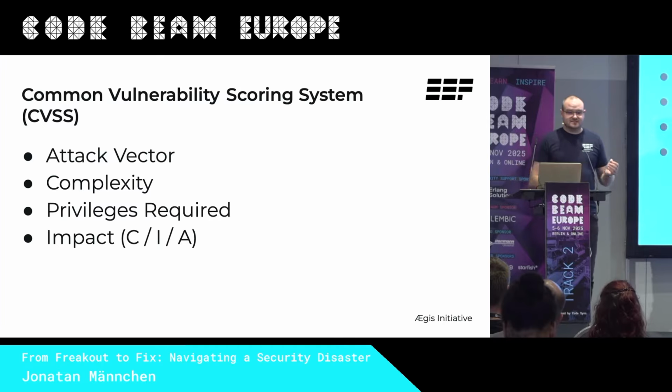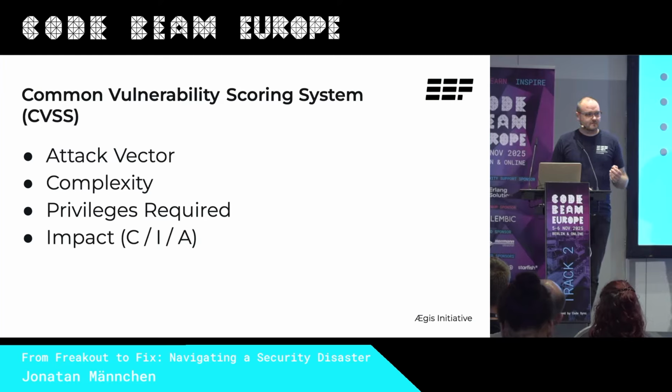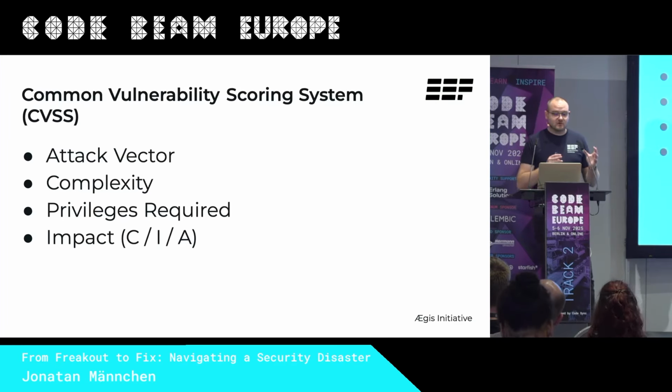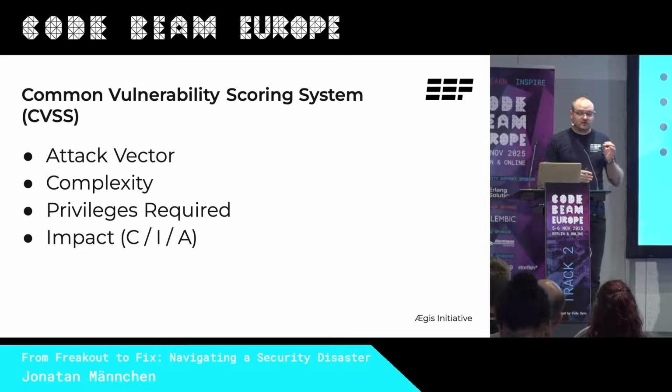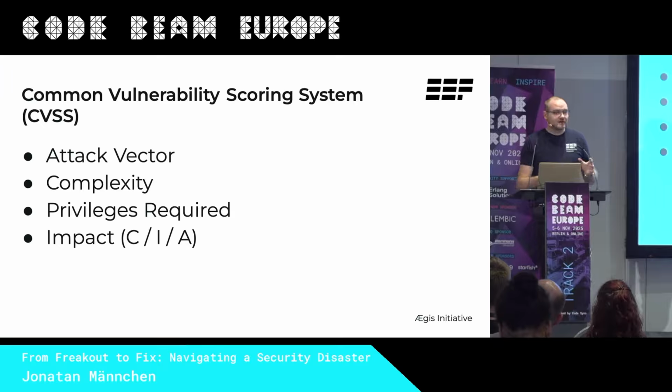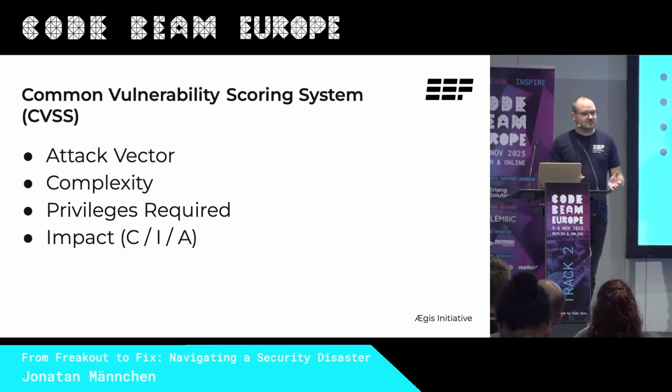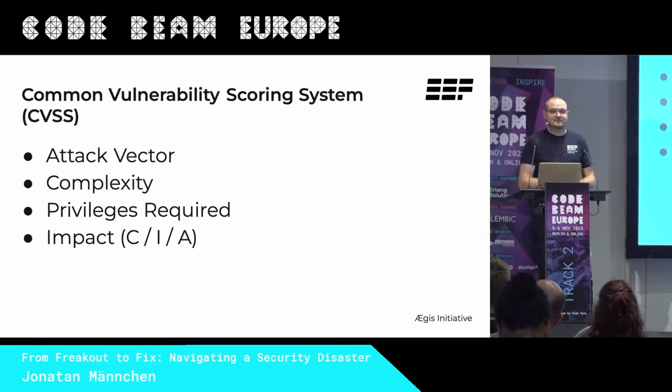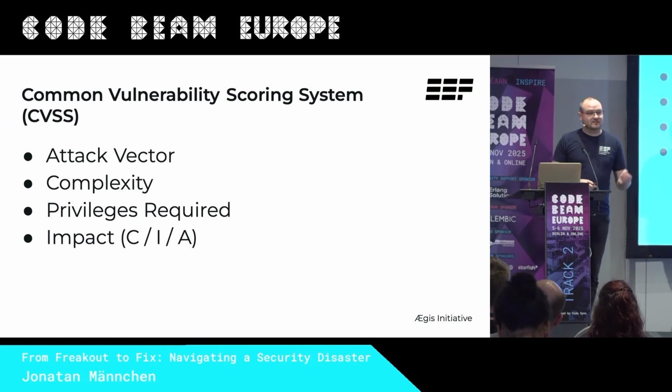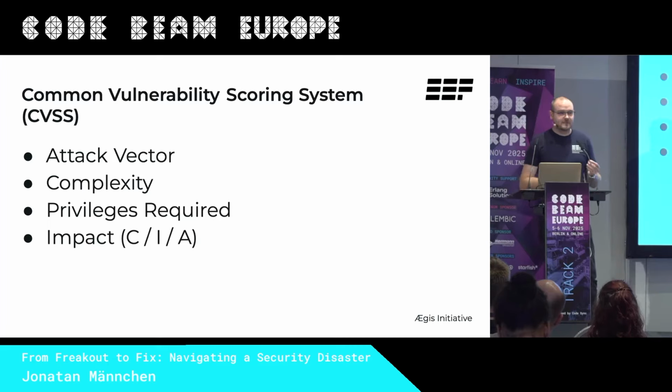Now, I mentioned CVSS, or the Common Vulnerability Scoring System. CVSS is the tool that we use to boil a vulnerability down into a single number between 0 and 10. It works by scoring a few key dimensions: how the attack happens, so network or local, how complex it is, like do you need any special conditions, like a race condition that you can only trigger in 1% of all the cases, what privileges the attacker needs, so do you need an admin login to make this happen, or can just anybody do it, and what impact it has on confidentiality, integrity, and availability. Add all of those together and you get that one simple number.